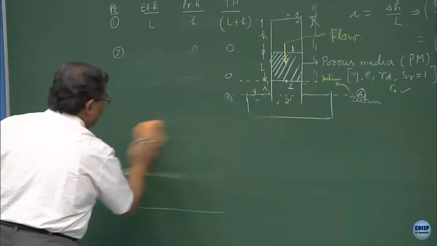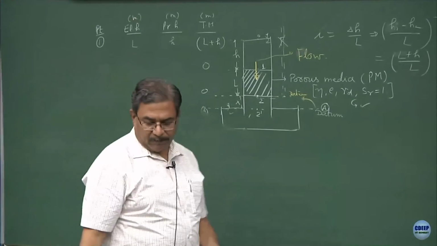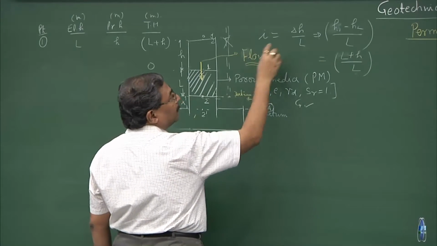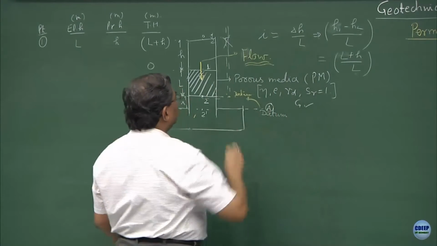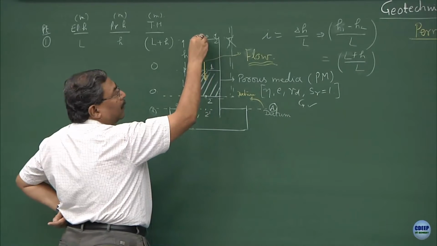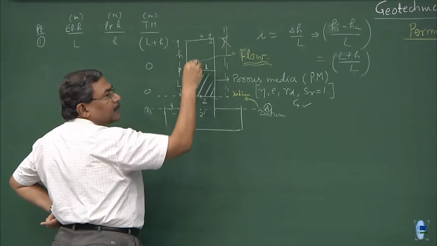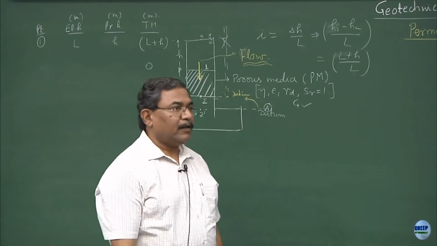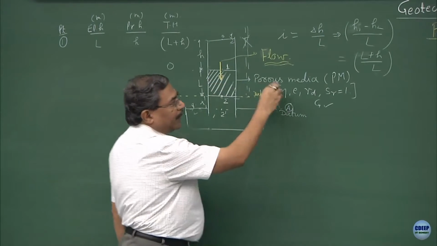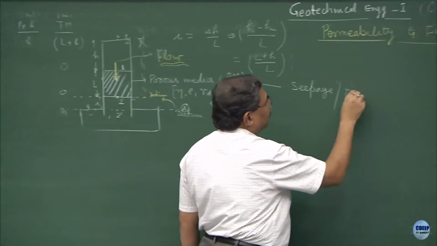Now, let us do a bit more extrapolation of the situation with which we are dealing here. So, what we have done is we have established the flow condition over here, and why is there flow? Because of the delta H by L hydraulic gradient. Whatever drop in column between point 0 to 1 is going to take place, this is the discharge. Clear? Whatever flow is going to take place from point 1 to 2 because of the presence of porous media would be seepage, or flow through porous media.